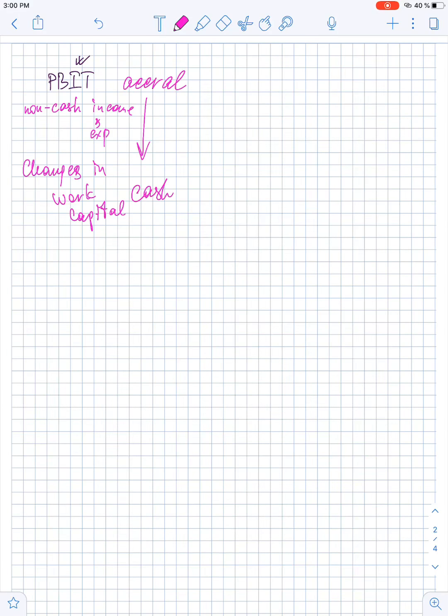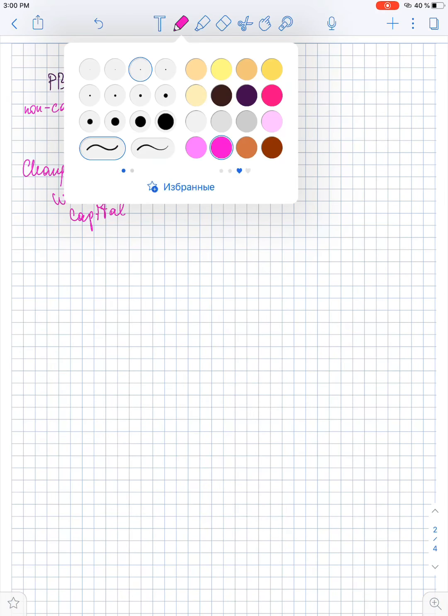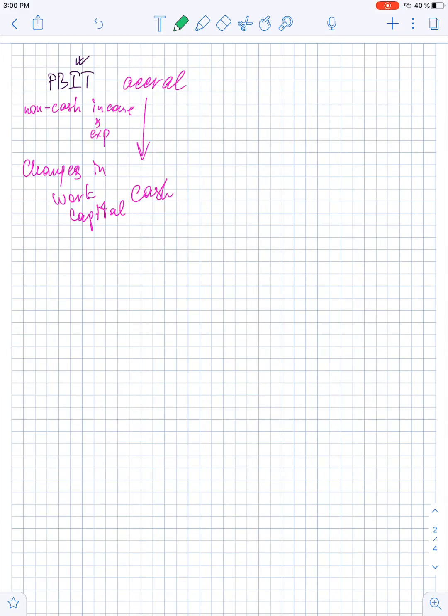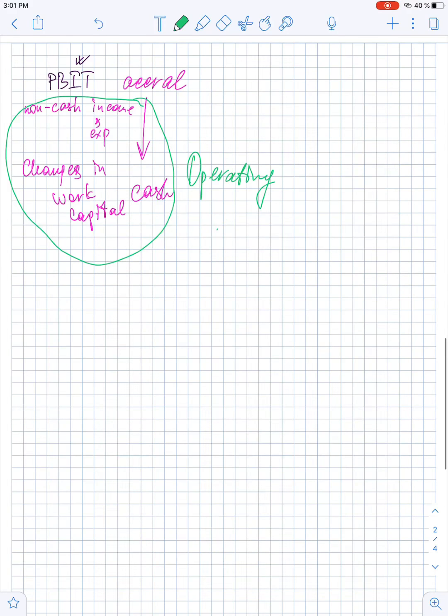Changes in working capital, in Russian we call it оборотный капитал. And that would be the first portion of the cash flow statement, which is cash from operating activity. Let me write it down: operating cash, cash from operations, the main activity of the business. But the second section of cash flow should be accounted for separately. We have to consider all the cash flows connected with purchases and sale